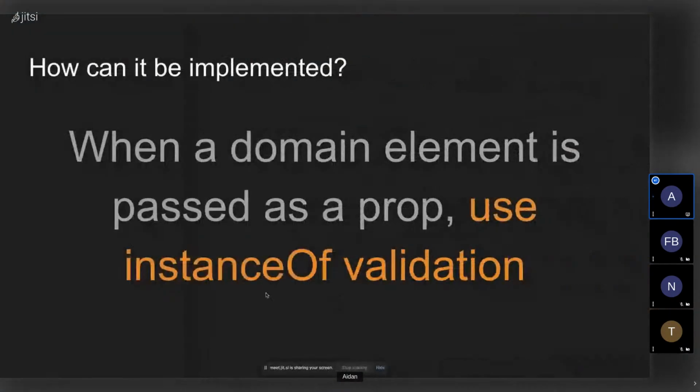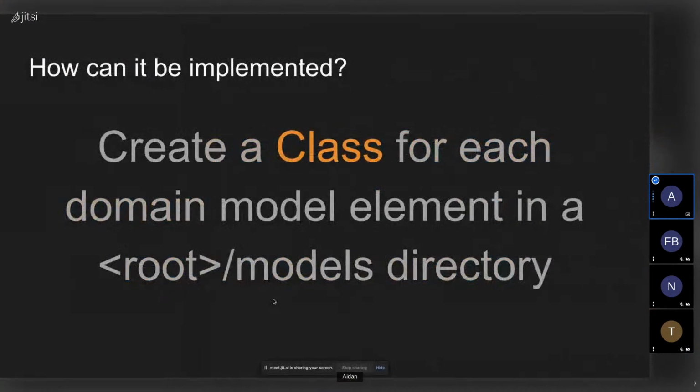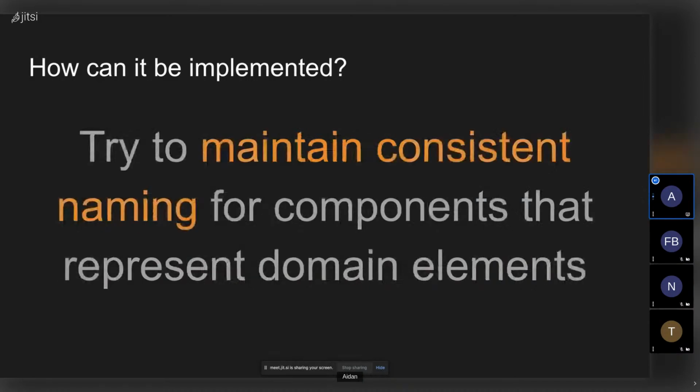So let's go over those one more time. The first thing I recommend is creating a class for each element in your domain model and putting that in your source directory, source/models. List out every noun that you interact with in your application and the properties that you expect that item to have, because it makes it so much easier to understand what all your app is interacting with and gives you a common vocabulary with the rest of your team.